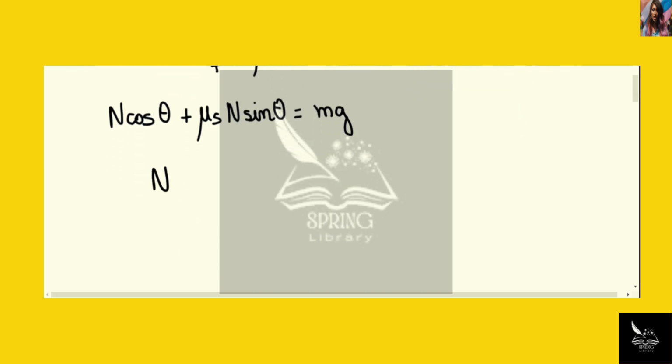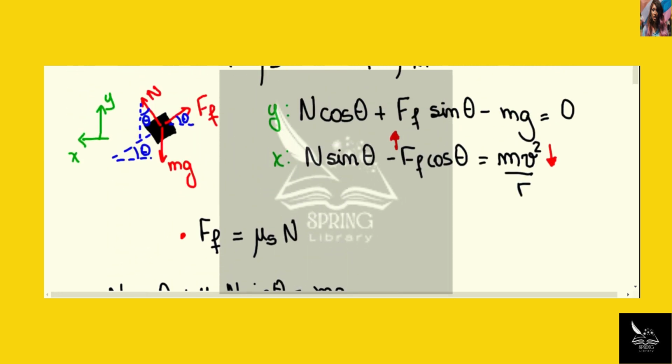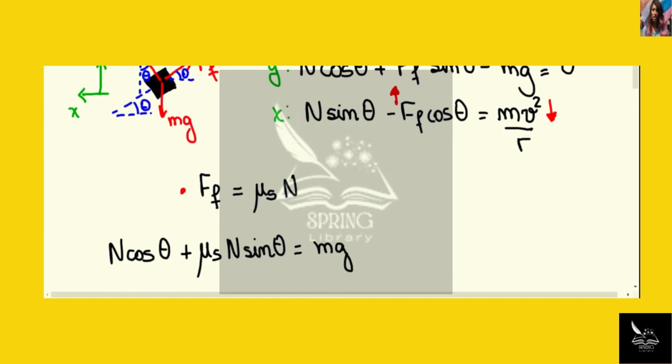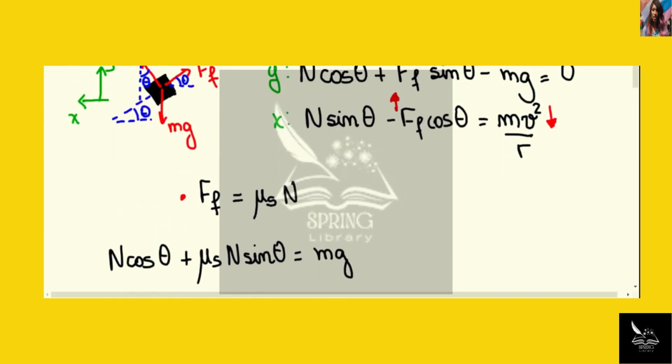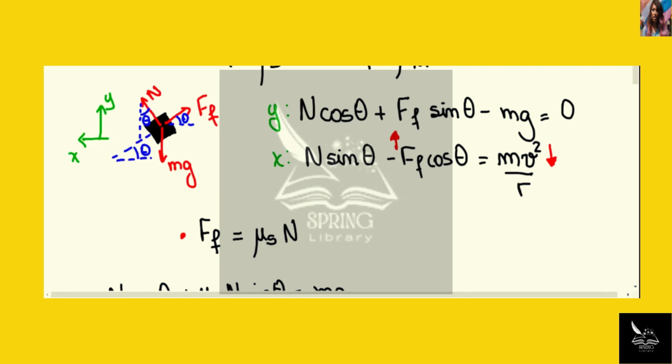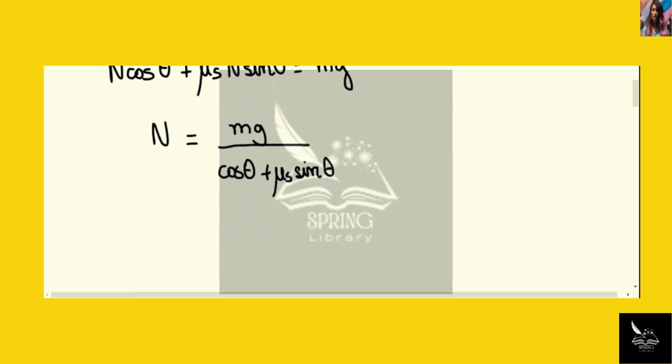And I'm going to isolate n, so we have that n is equal to mg divided by cosine of theta plus mu s sine of theta. So this is the value of the normal force when the friction force is maximum. And now I can find what is the value of v that corresponds to this normal force. So I'm going to take the equation for the x-coordinate. We have an n, which I'm going to write as mg divided by cosine of theta plus mu s sine of theta,